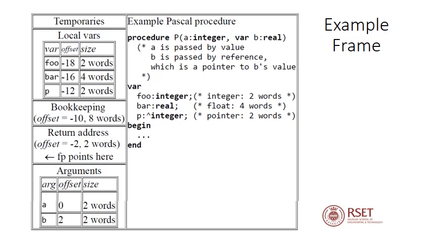Next we'll have some bookkeeping information, which is information regarding temporary registers or debugging information. And on top of that we have the information about the local variables. Just as in the case of the arguments, here again we have the local variable names, corresponding offset values and size. On top of that, if we have any temporary values to be stored, they will be stored. Here in this case, we don't have any temporary values. We are not doing any calculations, at least it's not shown in this case, so it is left empty. So this is a typical activation frame of a procedure.